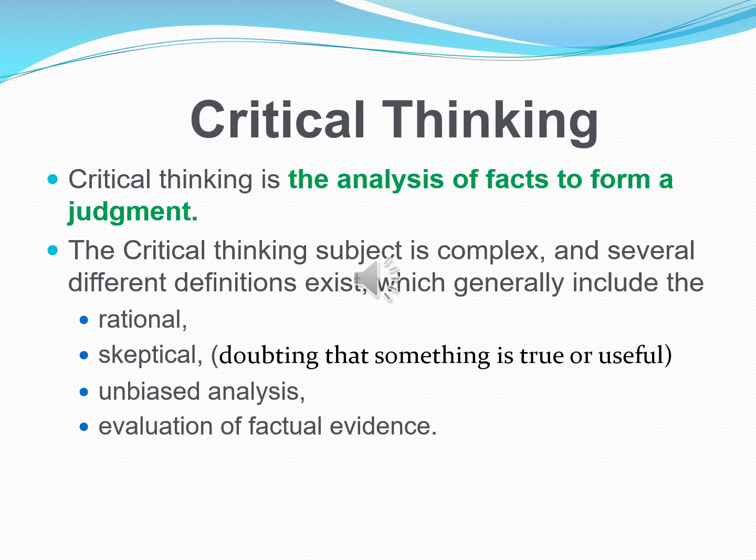Critical thinking is the analysis of facts to form a judgment. So we analyze the facts or information to come to a judgment. The critical thinking subject is complex and several different definitions exist, which generally include the rational, skeptical, unbiased analysis and evaluation of factual evidence. So these are the things we should include when we are saying that we are doing